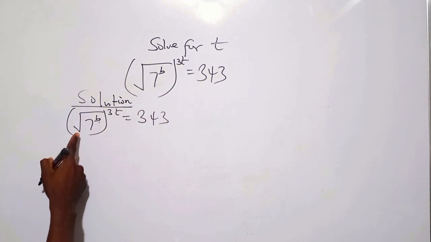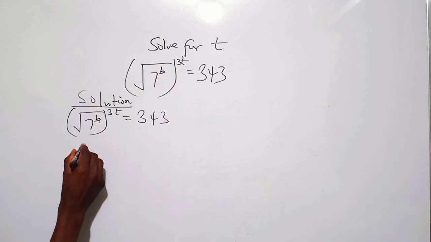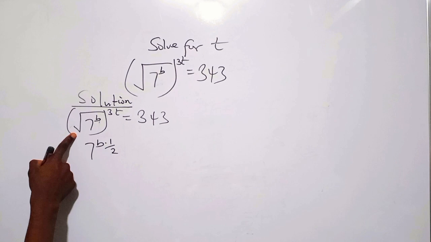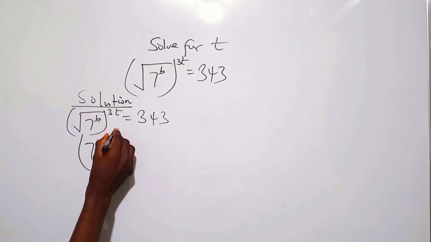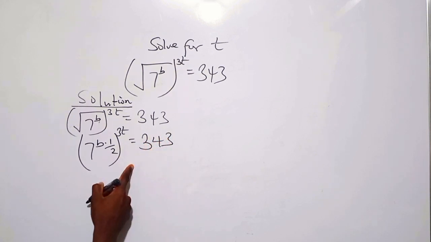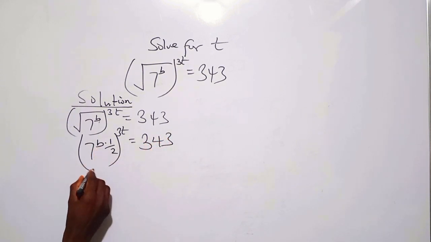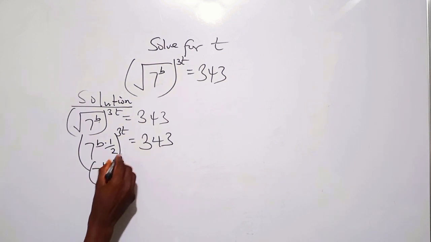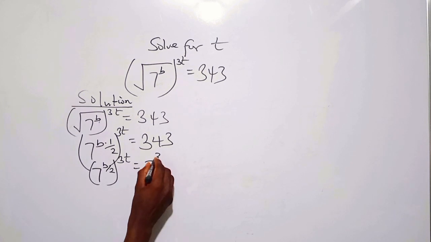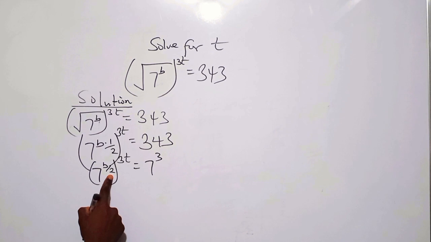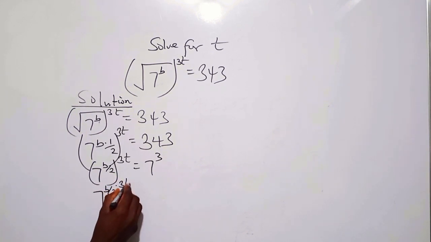For root 7 raised to the power b, we can write this as 7 raised to the power b times 1 over 2, which stands for the root, everything raised to the power 3t. Here we have this to be 343. So here we have 7 raised to the power b over 2, everything raised to the power 3t equals 7 raised to the power 3, which is the same thing as 343. And when we apply the exponent rule, we have 7 to the power b over 2 times 3t,